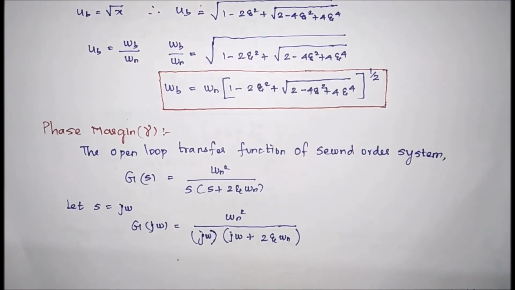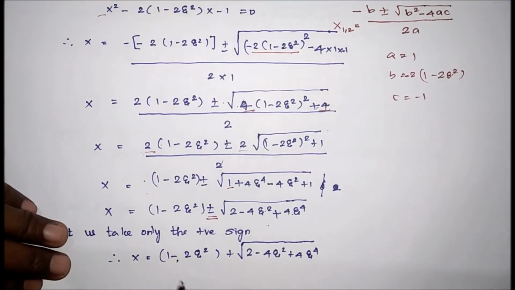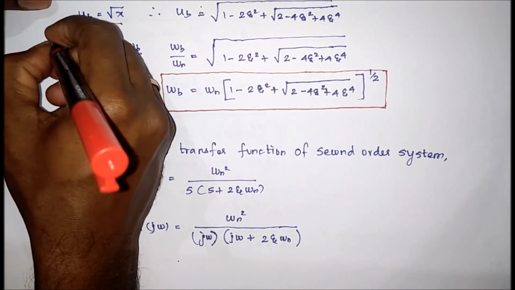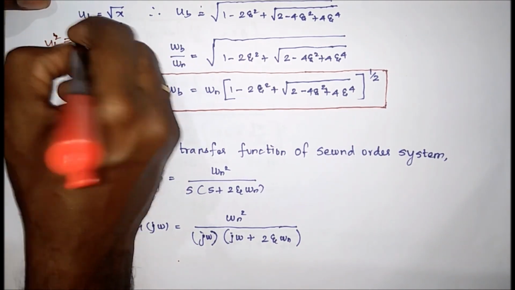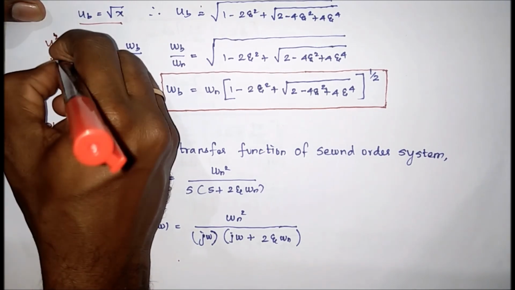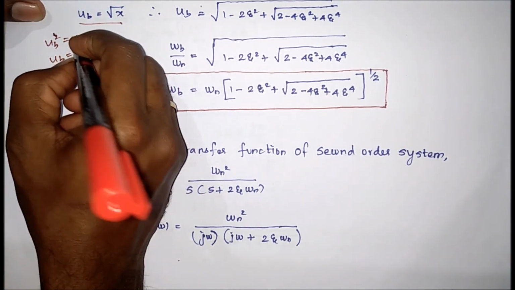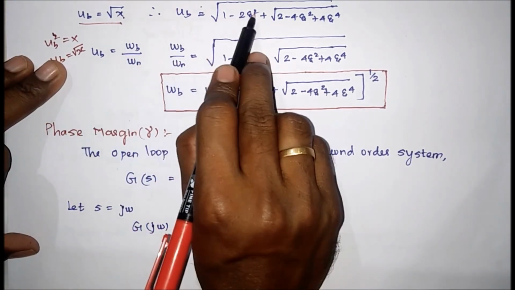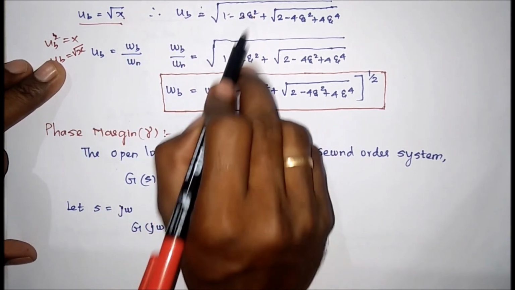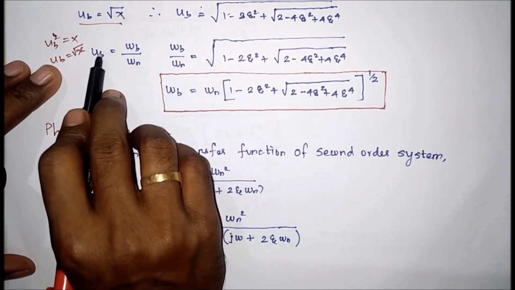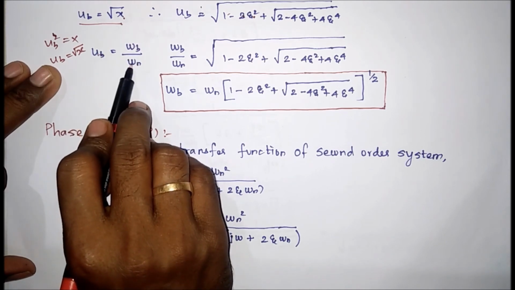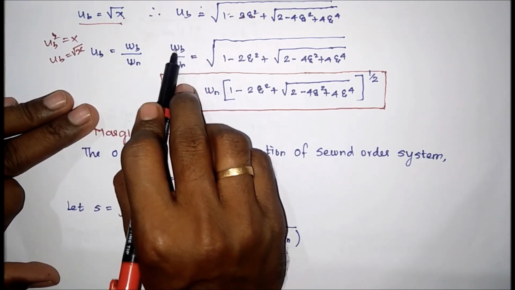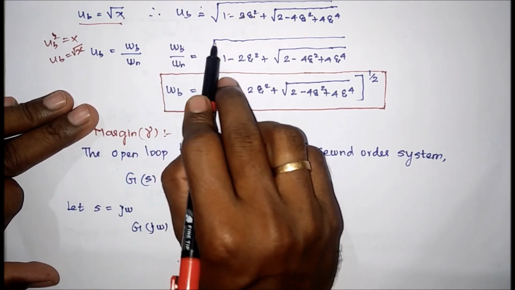So for simplification, we already considered x equal to ζ_b square. So now to get ζ_b we have to take the square root of x. Therefore just now we derived x, so we have to substitute the x value. Square root of x is this, so therefore ζ_b we already know, ζ_b equal to ω_b divided by ω_n. So ω_b divided by ω_n equal to this entire term.